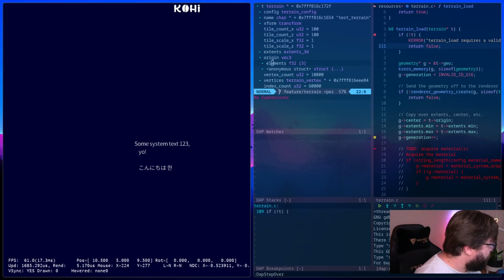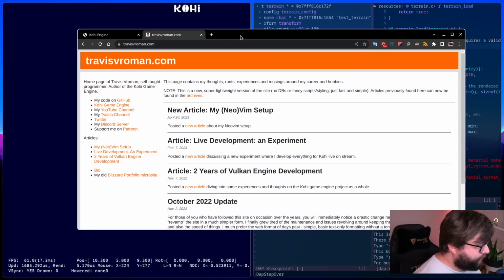Okay. So on the, wait, where was I? Are you using a Vim plugin to get the nice debug output? Yes, I am using a plugin for that. It's called nvim DAP, D-A-P. And then it's got some plugins that it uses also. So actually, something that I was going to bring up later anyways, but I'll go ahead and bring it up now. I put a new post on my website, which is just travisverman.com, with my NeoVim setup.